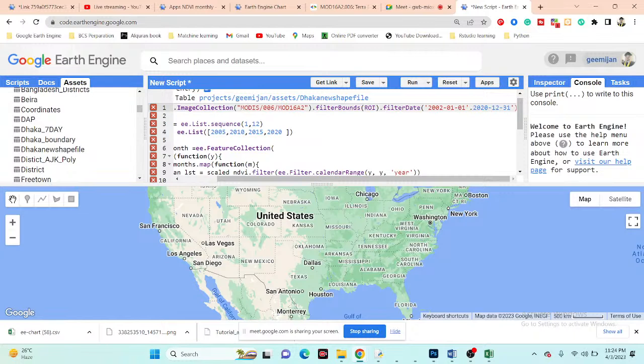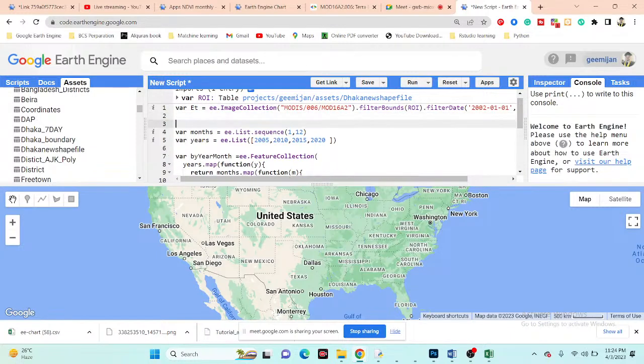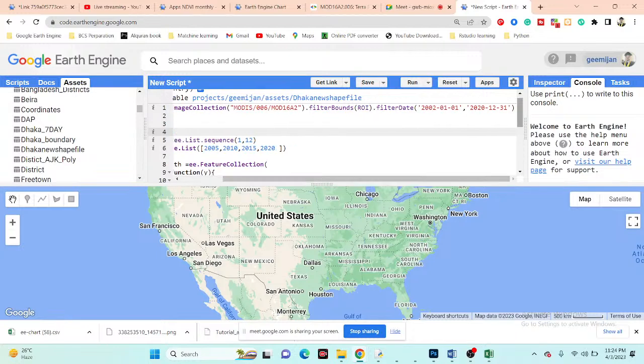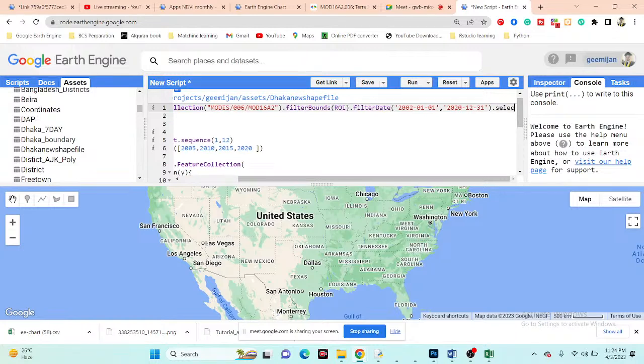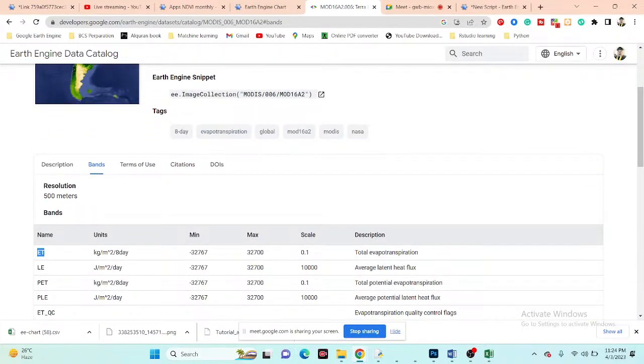Okay, it's done. So in this time, I can get all of the image collection. When I want to print this, I simply print and then ET. Okay, we also need to select our band name. So I simply use the select function, and select this band. You can see which band I want to work with. I want to work with the ET band. Okay, simply copy